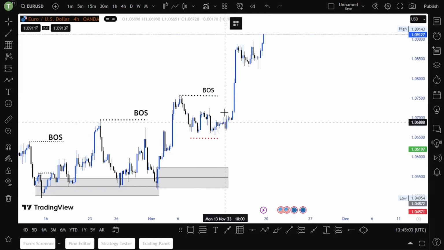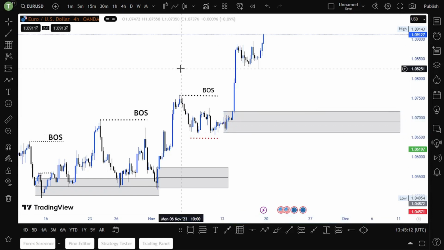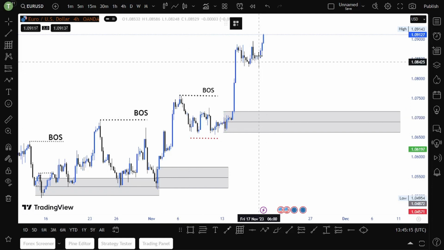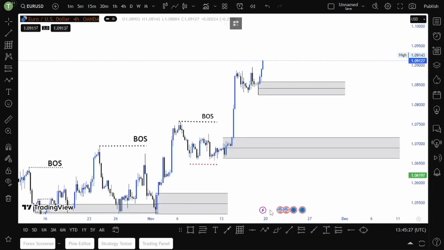Our first big supply zone will be here. This is our supply zone, and then we can also draw a small supply zone here. But now we will be observing price. If price comes to this first supply zone, it could either continue to the upside,